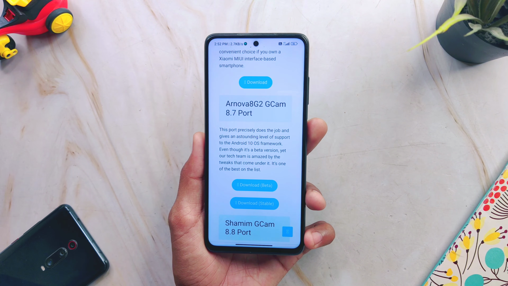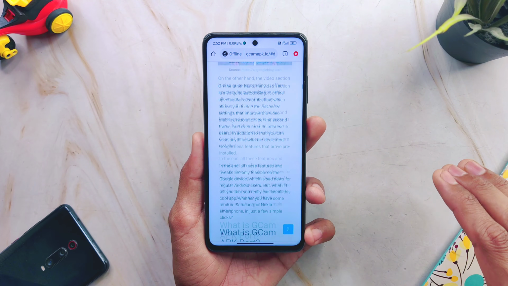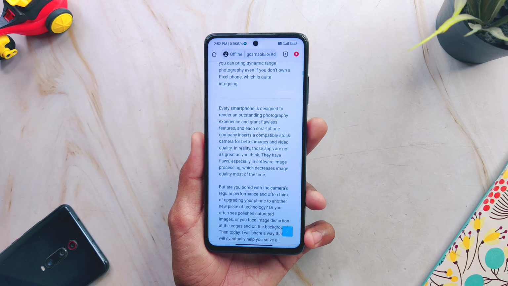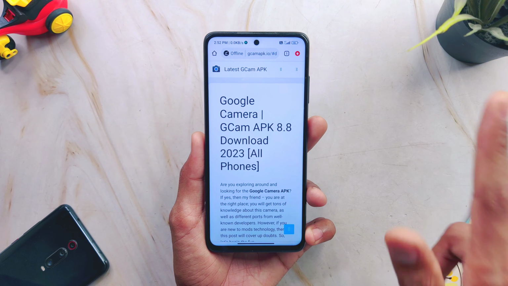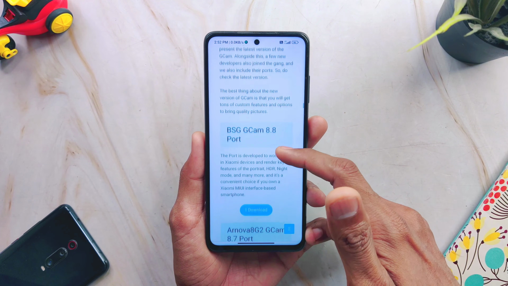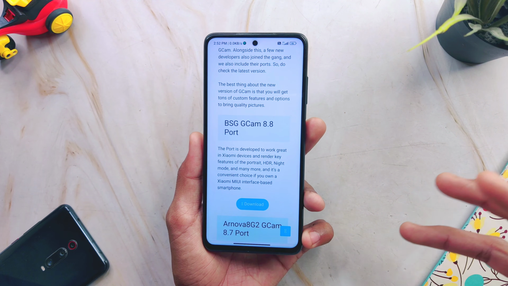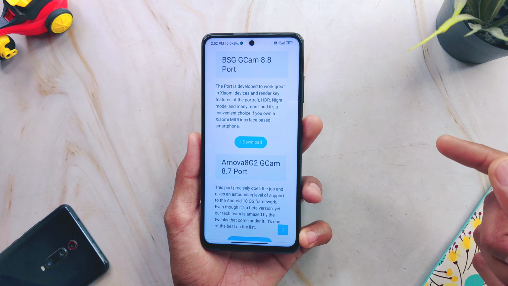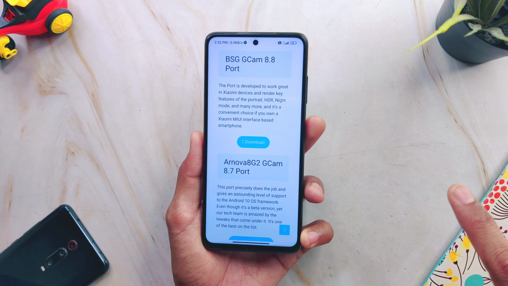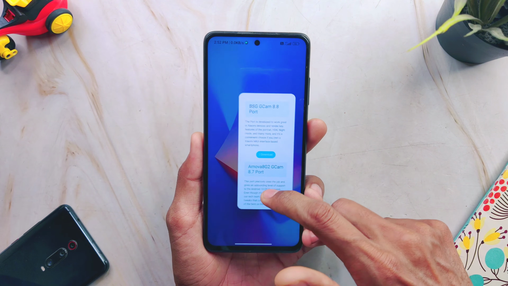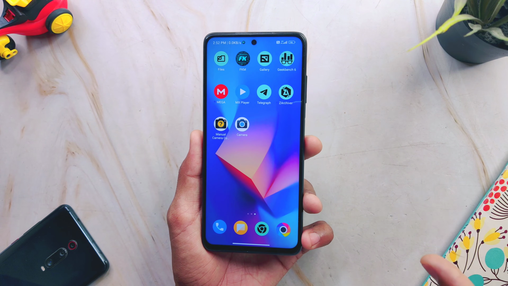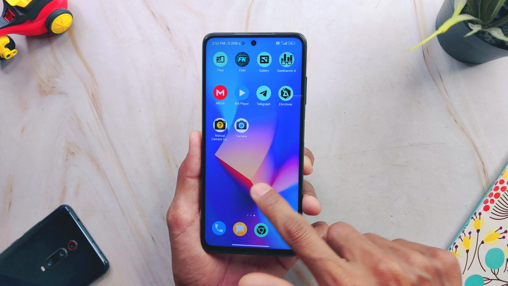First of all, let me explain. Every Google Camera is best in all its features and compatibility, so you can use any camera for your daily driver. Just make sure to find some best Google Camera configs for your device and load them with the best settings. Then you are good to go, and you can click extraordinary pictures from the Google Camera itself.